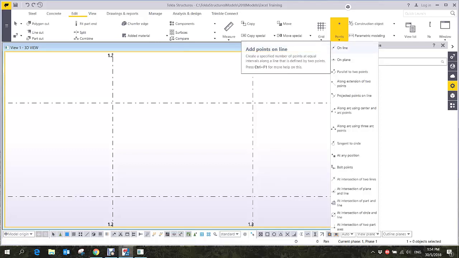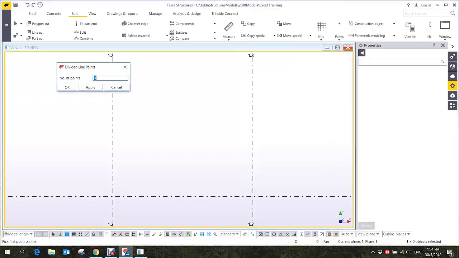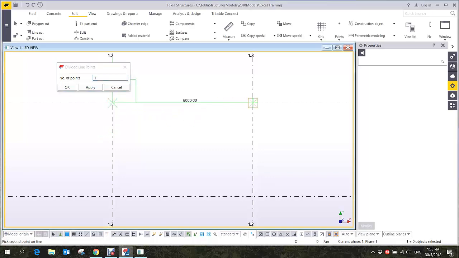Online, it means if I click on this one, online. So number of points, 1. So it means from this line, or this point to this point, I want to create number of points from this point to this point. So it means it will divide equally. So if I have number of points 1, and then if I click 1 and then 2, 6,000, right? So there will be a point there,